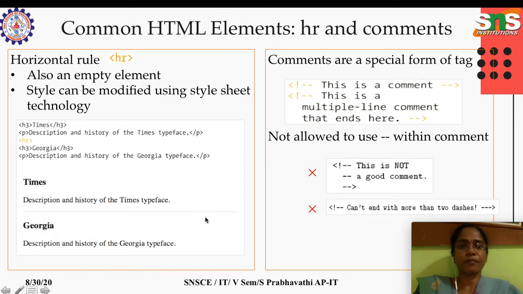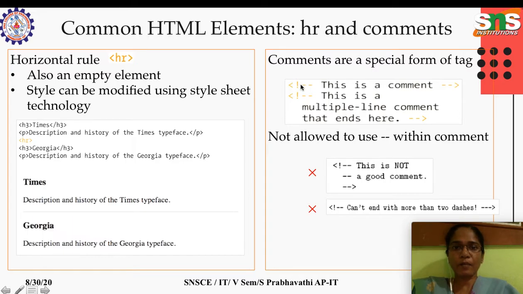Okay, and here comment. So comment, I think you will all know it. So this is for user purpose only, to get knowledge on what's going on in their program. They can attach some documentation so that it will be much more readable for the developer, and this won't be parsed by the browser. Okay, this won't be considered for the execution. In HTML this is the way of giving the comment.